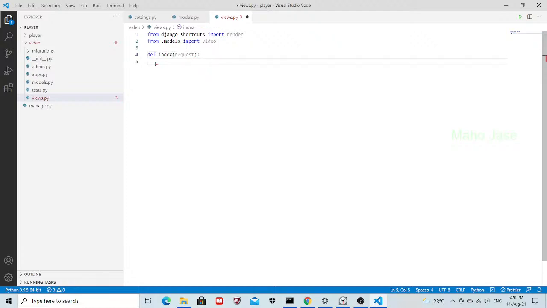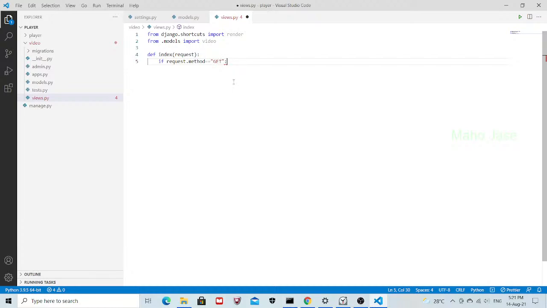Okay, so now what we have to do, whenever we request something like we have played the video of Rolls Royce or Jet or any video, we have to request that from the server. So for that we have to use the statement if request dot method equals to get. So I'm using this if request dot method equals to get means we have to get something from the server,